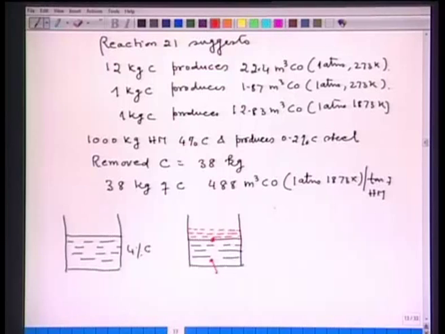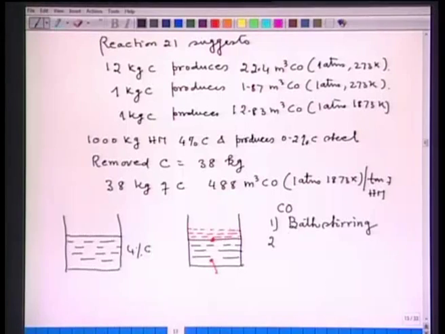Number one. Number two, since the carbon monoxide forms a gas, on its exit from the bath to the atmosphere, it will also provide stirring to the bath. So, what I mean to say is that this CO reaction, or the product CO which is forming, will provide bath stirring. And stirring of the bath will eliminate the concentration and temperature gradient. So, these are all the advantages.